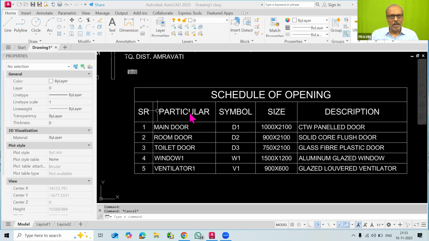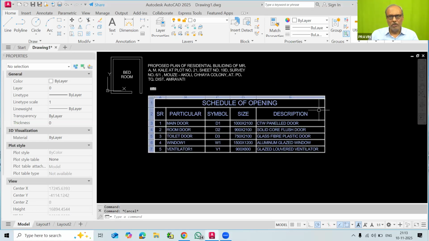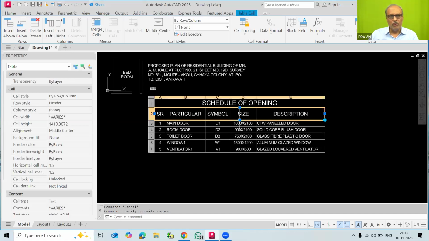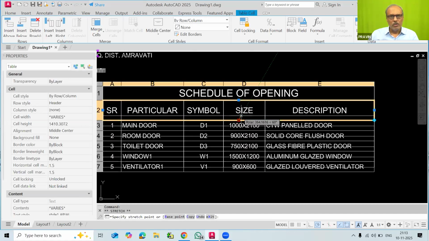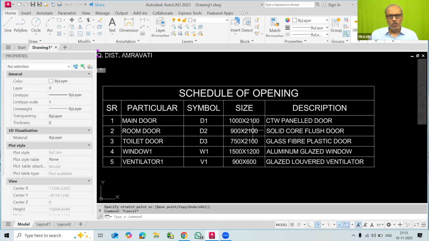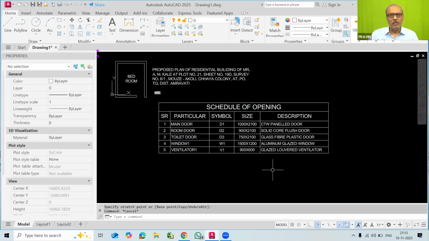Now suppose I feel that this top row has a little bit more height. So you can select this and reduce this size a little bit, so that you can adjust it properly. So in this way, you can use this type of table. In all this, the important thing is that you have to create the table style and adjust. So we will just recall that first.